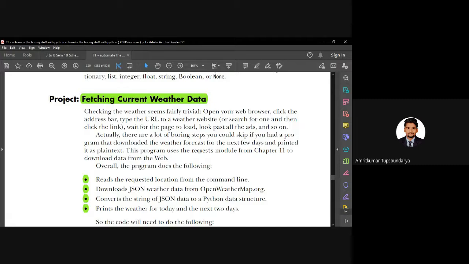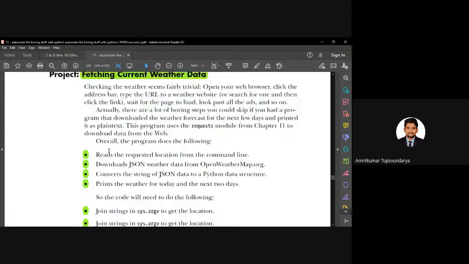So what our program will be doing is reading the requested location. We are requesting a location here. That should remind you of some other module which you have already learned. Hopefully, a few of you are able to recall the module that we have discussed. This keyword here should help you recall that module. Anyways, we will see that as well, in case you are not able to recall it.